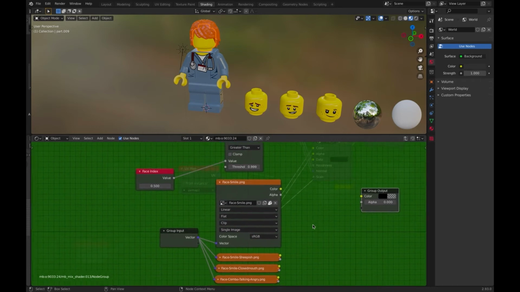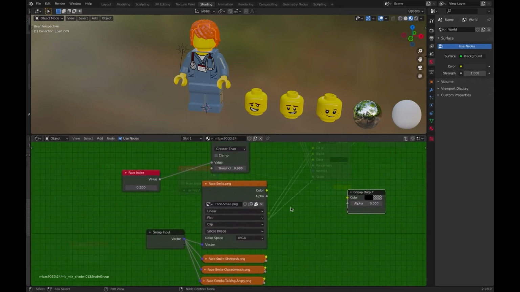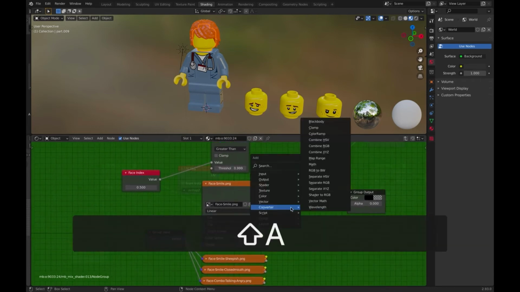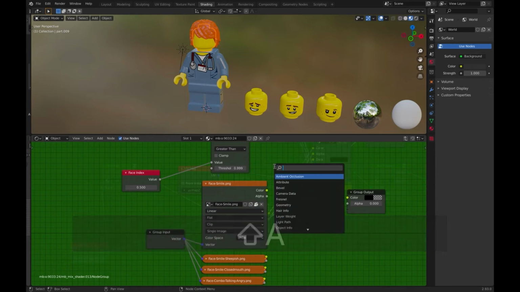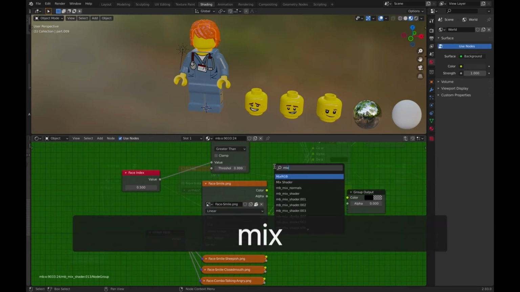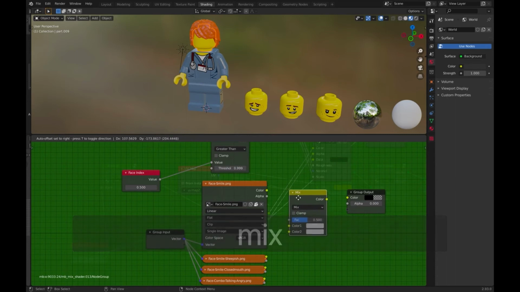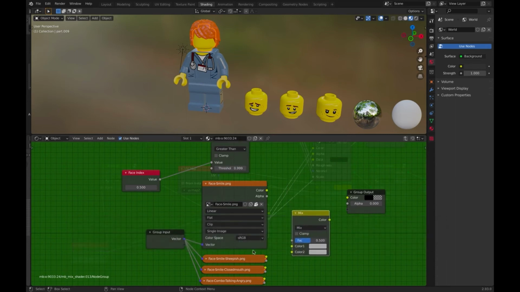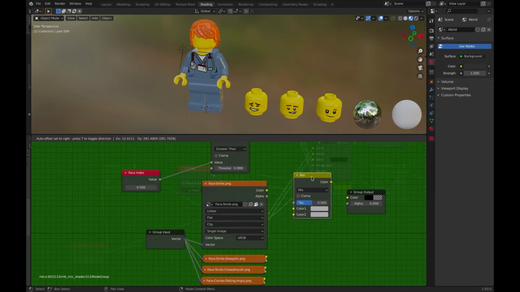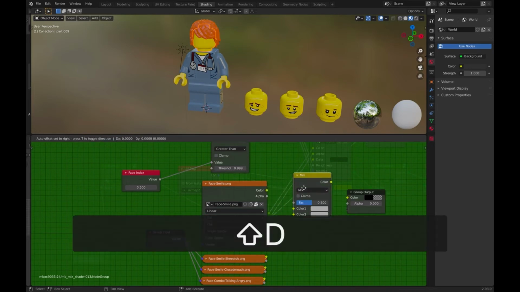So we're going to add our mix RGB node. Mix RGB. We're going to put that right here, and that's going to connect the face smile and the face sheepish. And it has a color output. So you notice we're going to be trying to connect the color and the alpha. So I'm going to duplicate that